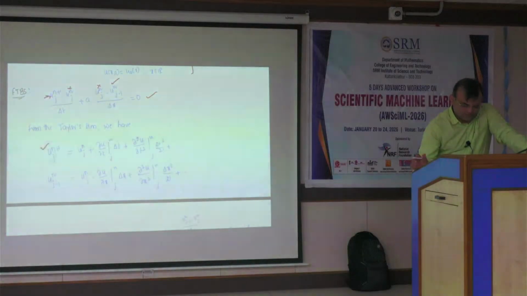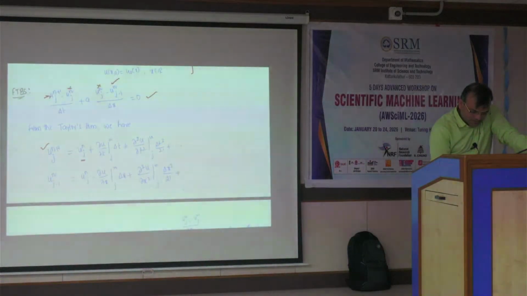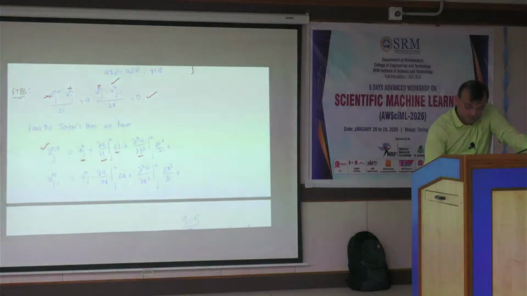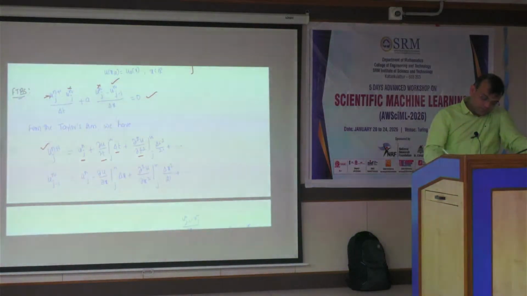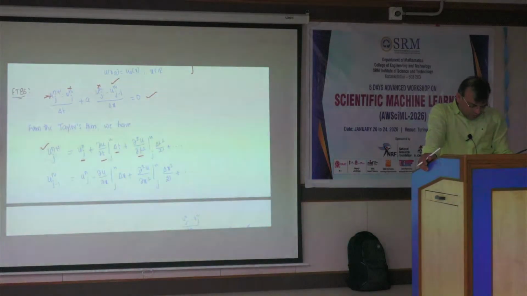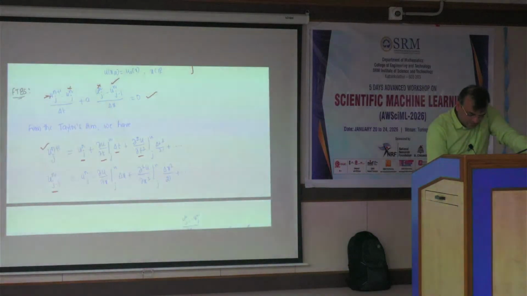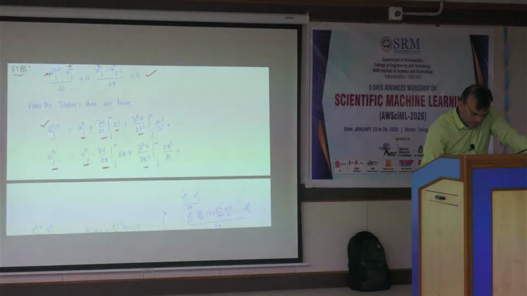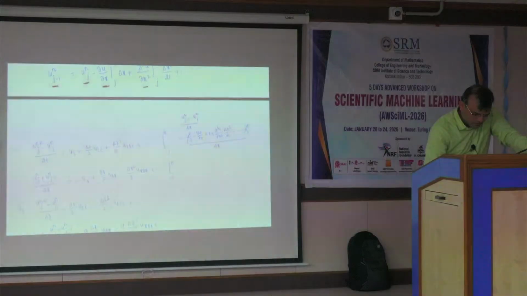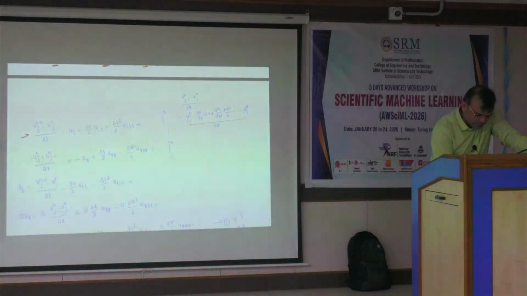Okay, u_j^(n+1) about a time. So u_j^n plus the partial derivative of u with respect to t times delta t, plus the double derivative of u with respect to t times delta t square by 2, and so on. This is for space, j minus 1: u_j^n minus delta x into u_x, plus u_xx delta x square by 2, and so on. Once we go back and substitute into the corresponding finite